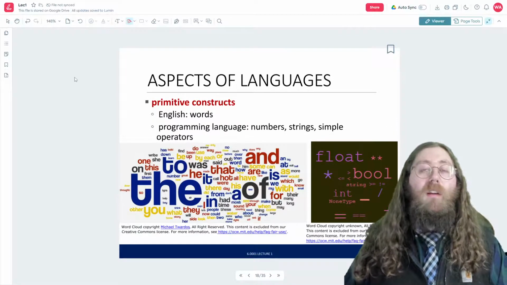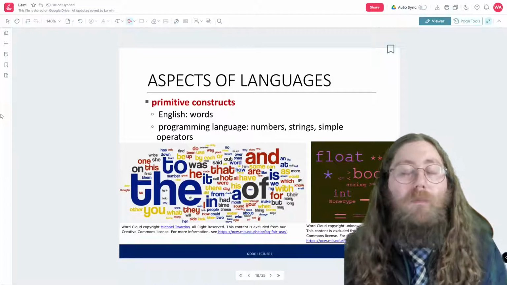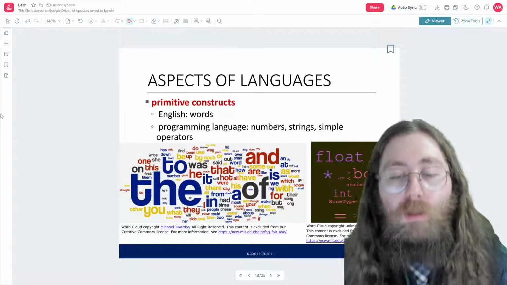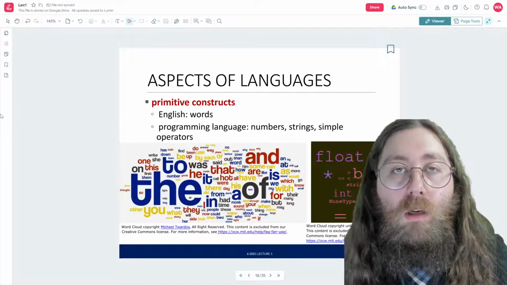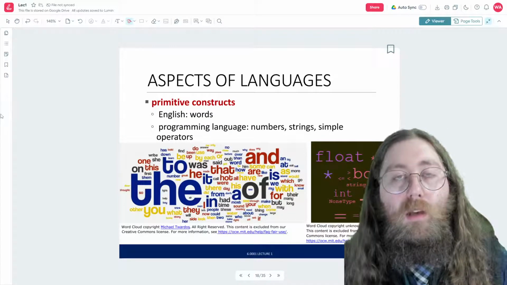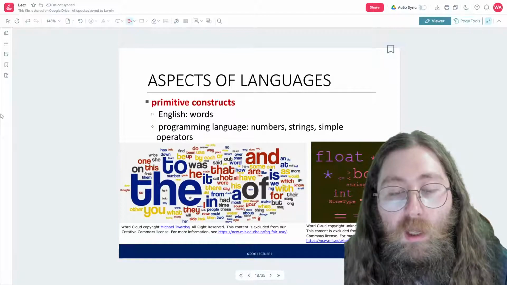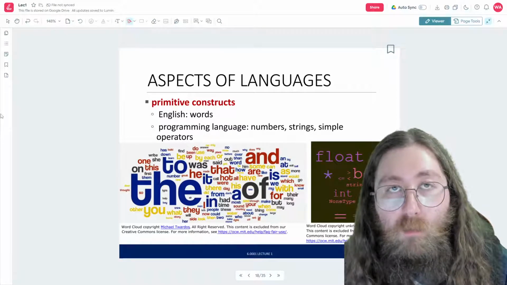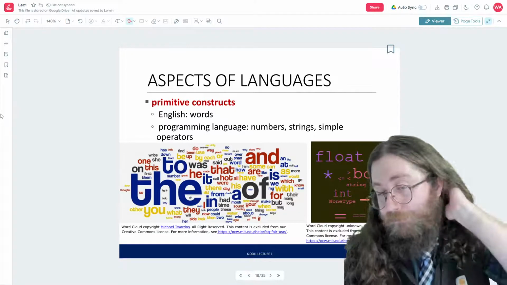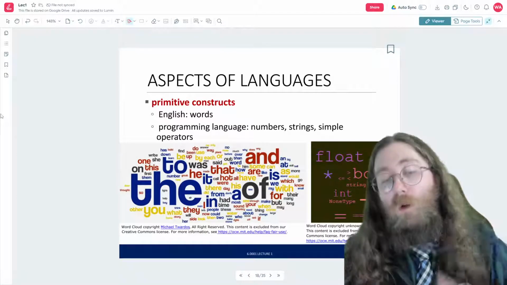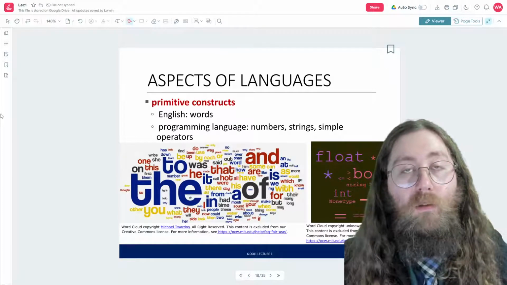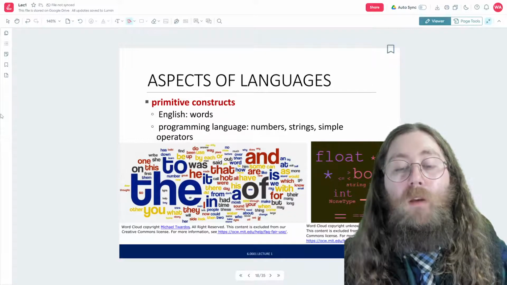So often in these programming classes, there will be a point where we discuss how a programming language is similar to a spoken language, okay? So take the example of English. English is composed of words and punctuation, right? And spoken words as well, and the sounds that we make in our languages.